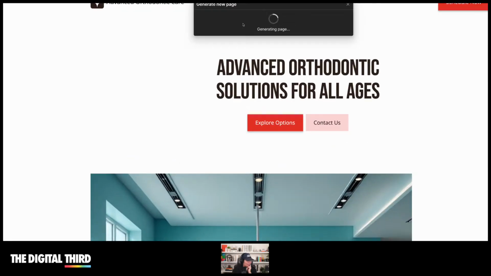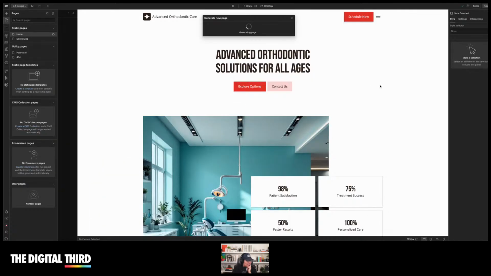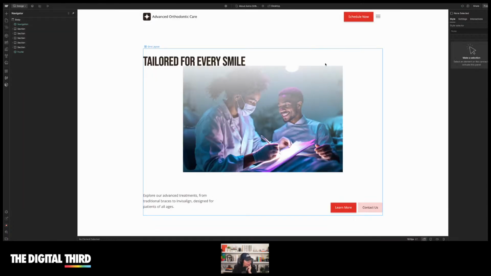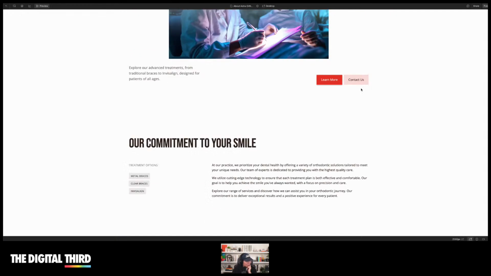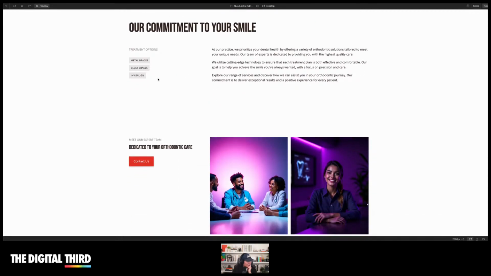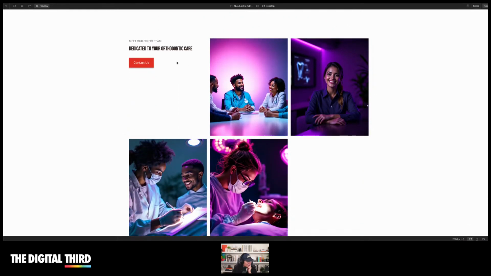This is crazy. So it's going to take the time to generate the same type of process using, I assume, all the styles we've selected, the colors, the typography. Okay, that was insanely fast. That is sick. Okay, let's just preview this and see. So this is the about page. Metal clear braces. This is, I guess, the team